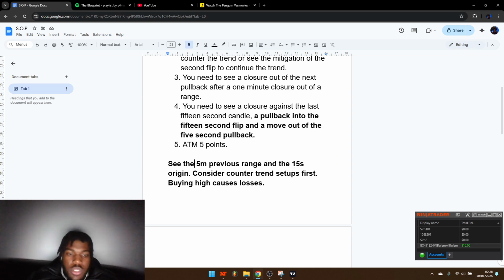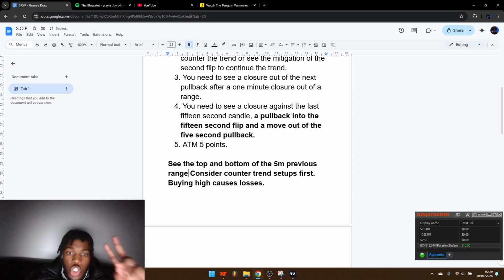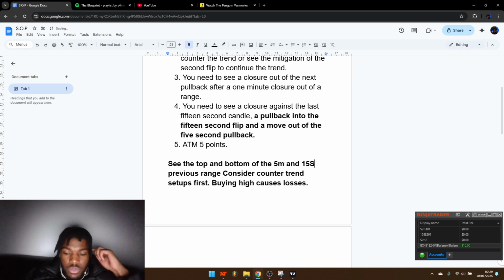okay, cool. See the top and bottom of the 5 minute previous range of the 5 minute and 15 second. So I'm paying attention to the top and bottom of the range on two time frames. That's the conclusion. Because let's say now in hindsight, right? Let's say I approach the market like this,